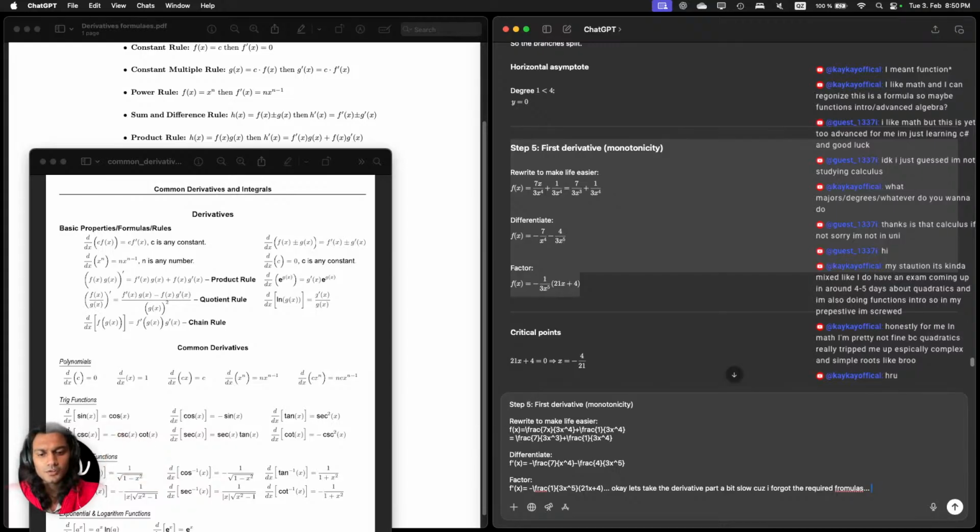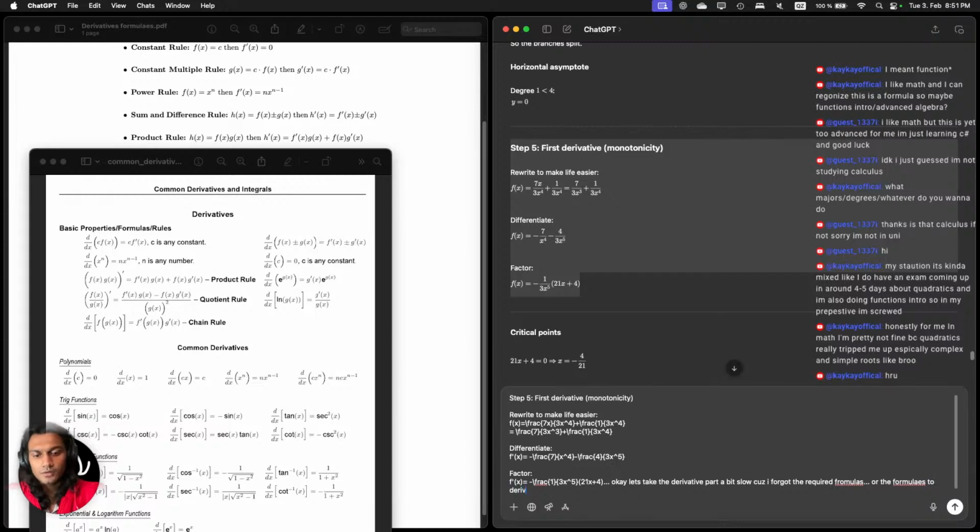I think these derivatives and integrals come up in engineering parts, I believe. Not sure. Let's take the derivative part a bit slow because I forgot the required formulas to derive. Can you show me